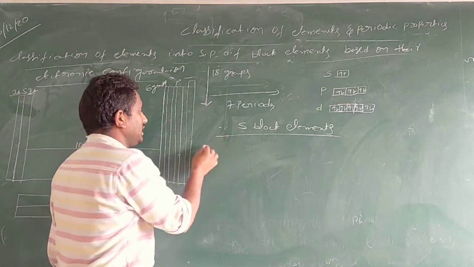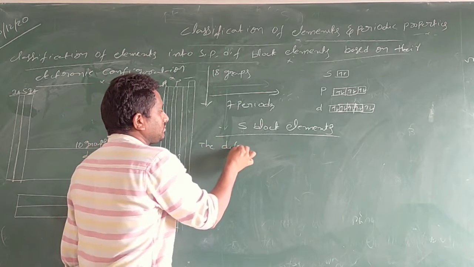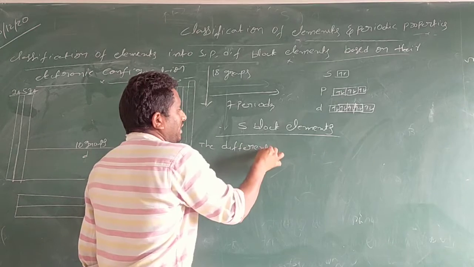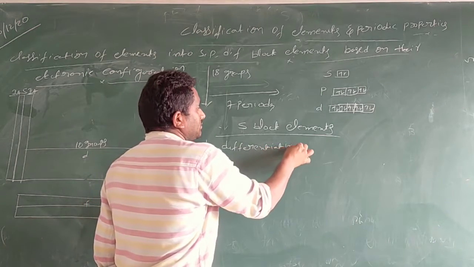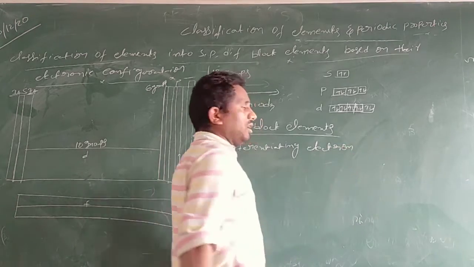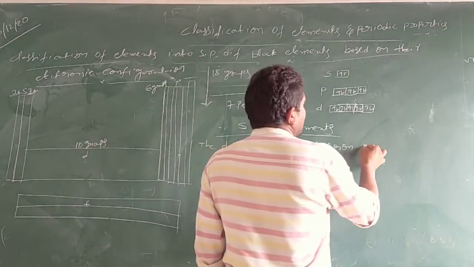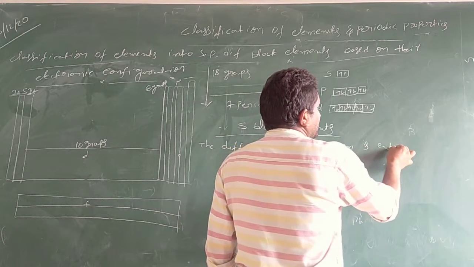So first, what is the definition? The differentiating electron